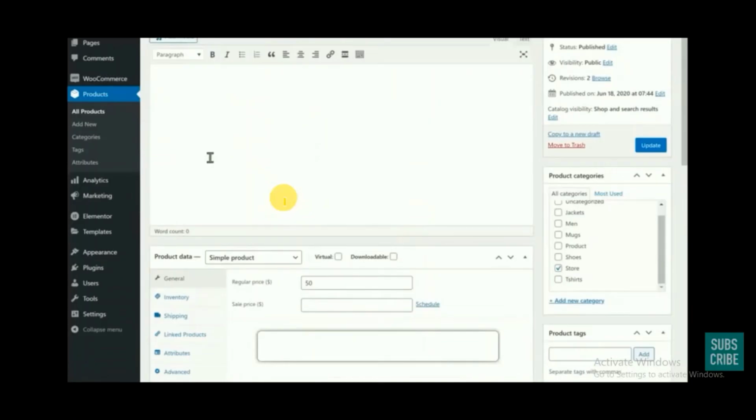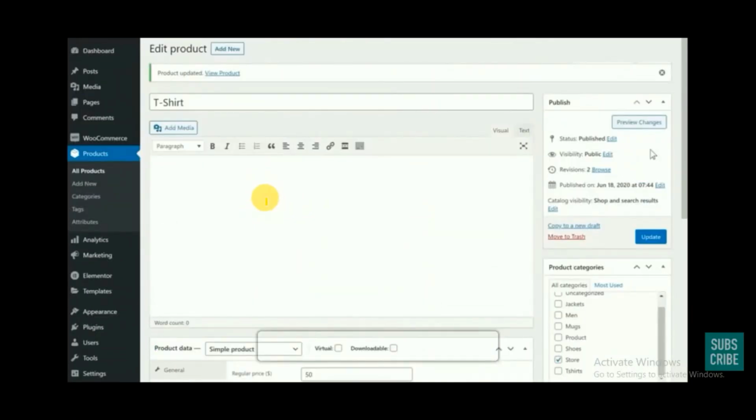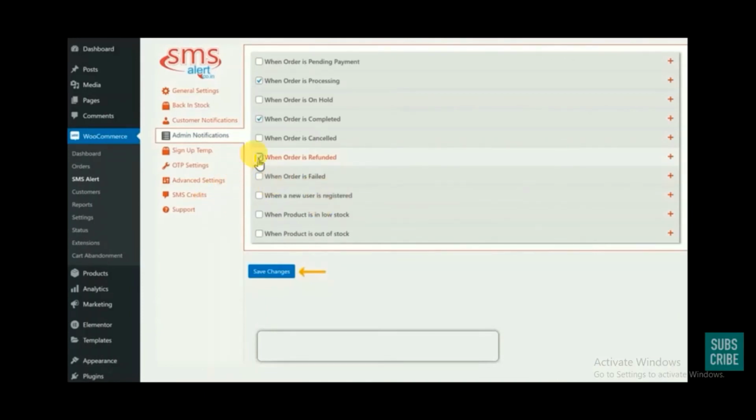Now let's say you want to get notifications regarding the orders being made by the customers. You can go to the admin notifications and the SMS alert in WooCommerce, and here you can check the boxes according to your requirement.